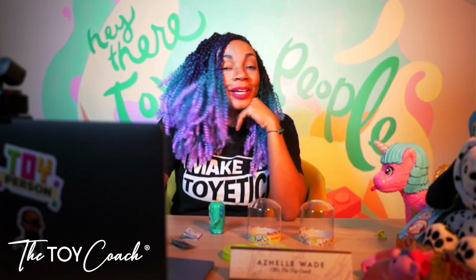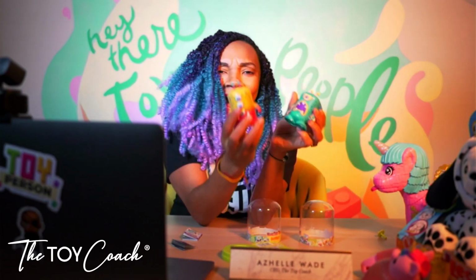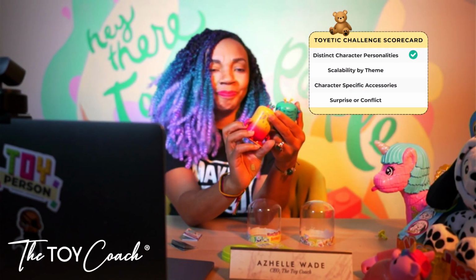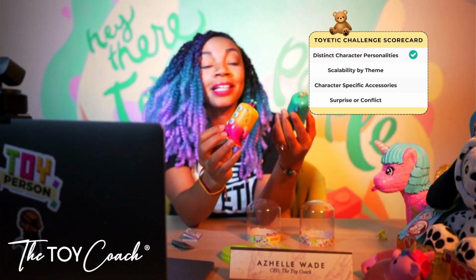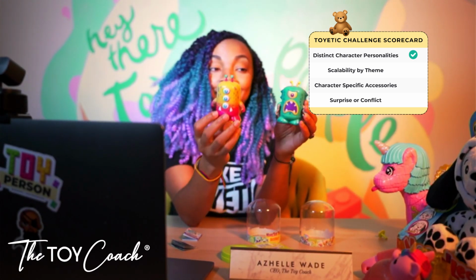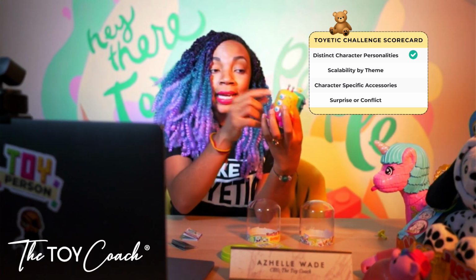It's a fun way to combine toys and reading and education in such a fun way. So I really love it. Let's take a look at how they did on our Toyetic Principles scorecard. So first up, distinct character personalities. Does Booksy have distinct character personalities? Yes, 150% yes. Booksy does a great job of illustrating different monster characteristics, looks, and personalities, not only in the